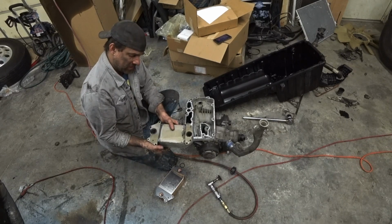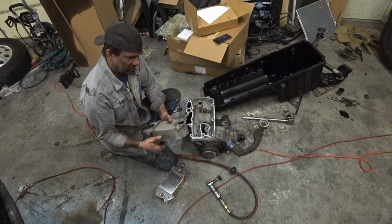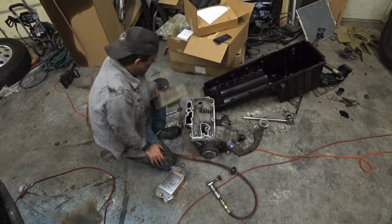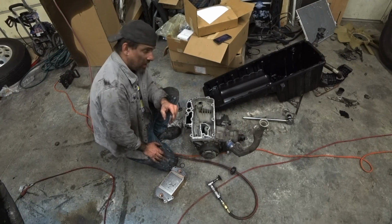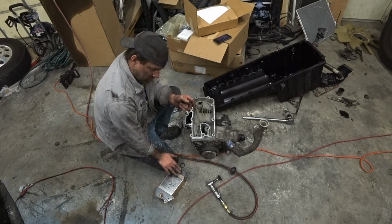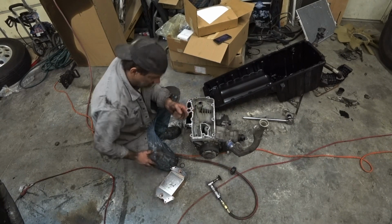And you can actually see that it's been leaking. So basically, the seals are starting to leak a little bit. But since we got this all apart, the boss said, you know what? Let's put a new oil cooler in there. So he had me pick one up from